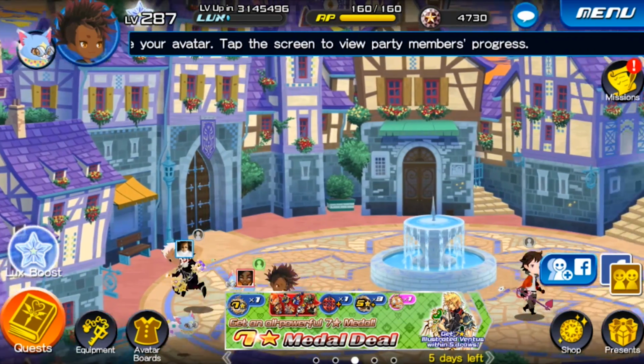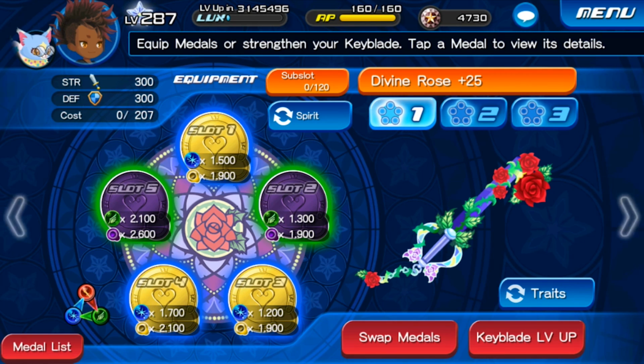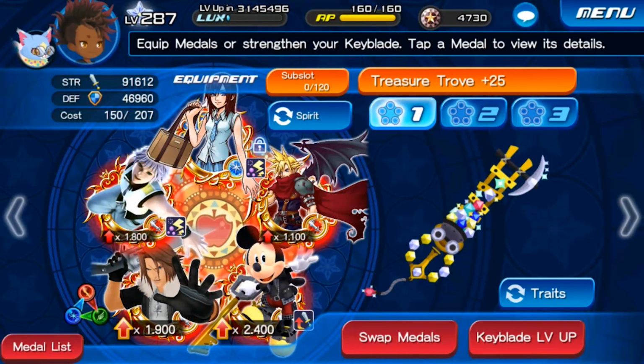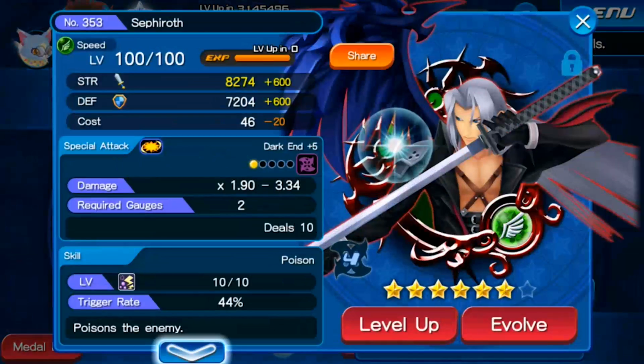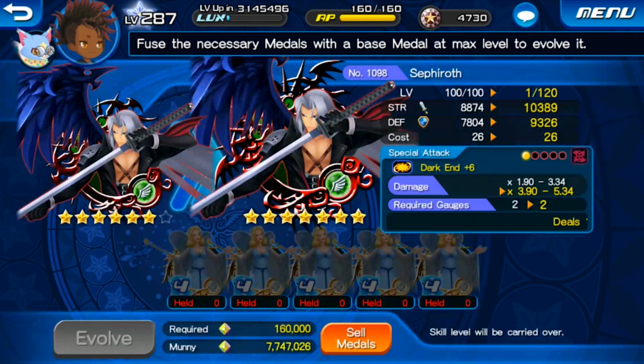And the reason we need 7-star medals is because, now let me go back. All medals, let me go to swap. If you look at Sephi here, you can now go to 7. And with that said, now that you can go to star 7, in order to evolve the actual medals, you need these,